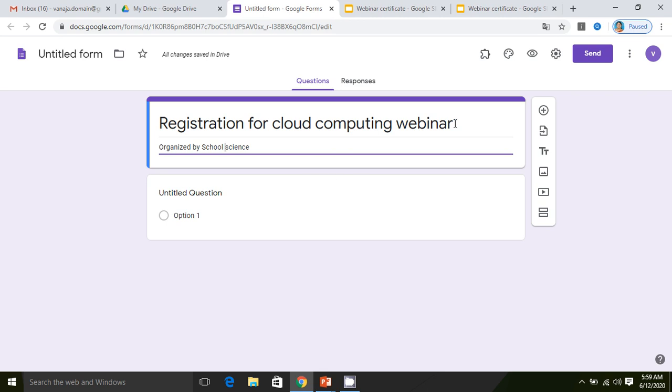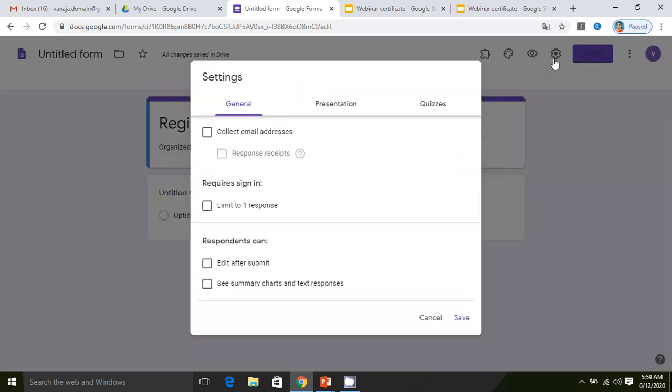To collect email IDs, what we have to do: click on settings, and here in General you have the option called collect email address. So select this, and the email address will be collected automatically. So before they register, they must give their valid email ID, then only they may be able to register. So this option is very important. And here we have one more option called response receipt.